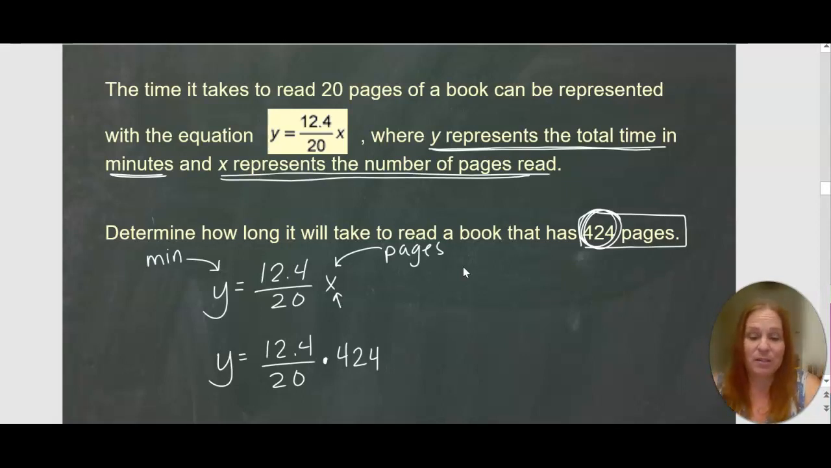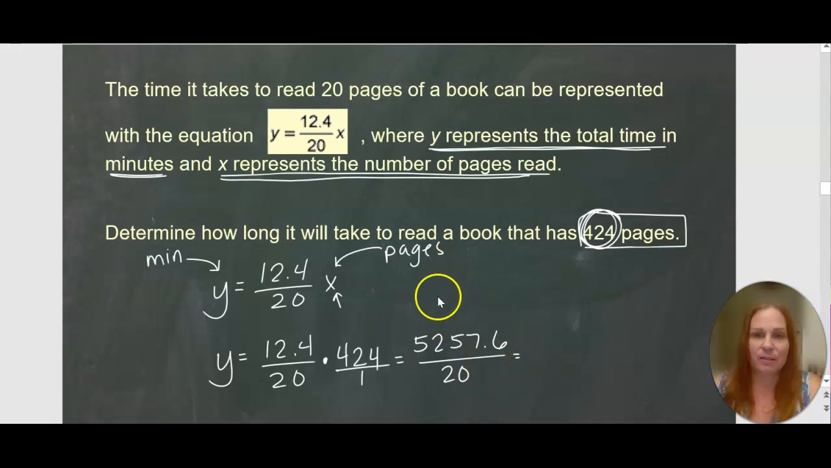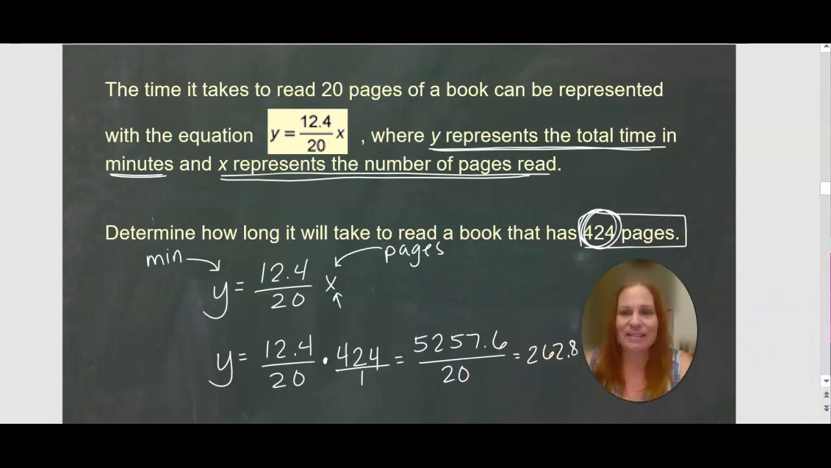And the way that I'm going to do this is I'm going to think about this as being over 1. So I'm going to multiply my top numbers, 12.4 times 424, it's a big number, is 5,257.6. And on the bottom I've got 20. And when I divided by 20, I get 262.8, hold on,